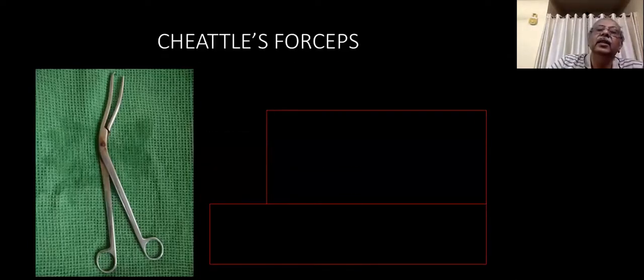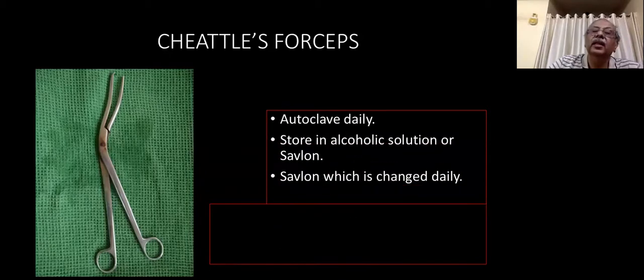Another favorite question is regarding this Cheatle's forceps. How will you keep this Cheatle's forceps? It should be kept in an alcoholic solution or Savlon. And how often will you change the Savlon? Savlon should be changed daily, and the Cheatle's forceps should also be autoclaved daily,